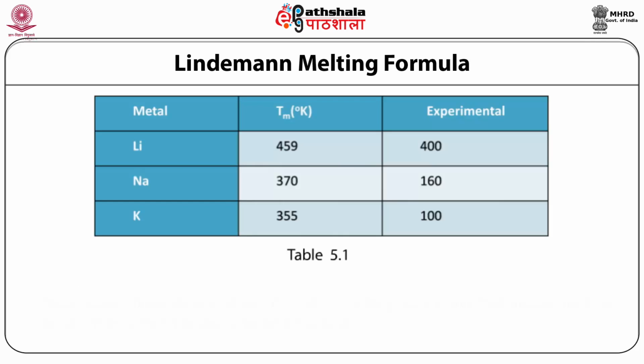Now let us analyze what we have learned from some experimental values. As we had seen, melting occurs above a certain critical temperature. So let us see what the experiments say and how it compares with the theory. This particular table contains 3 examples, that is lithium, sodium and potassium. In the case of lithium, the predicted melting temperature is 459 Kelvin while the experimental is 400 Kelvin. Sodium is 370 while the experimental is 160, and potassium is 355 and the experimental is